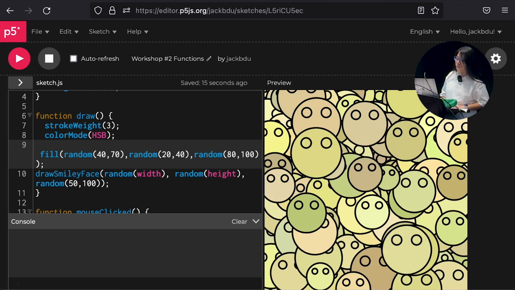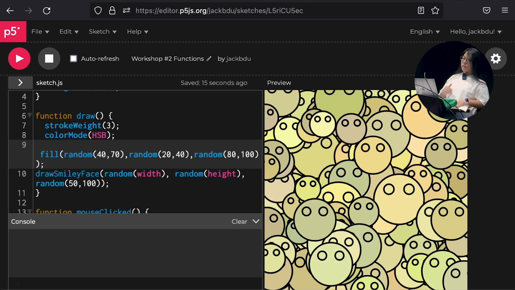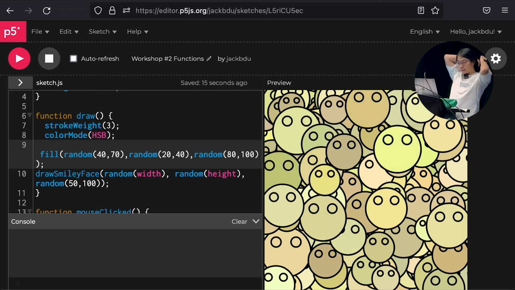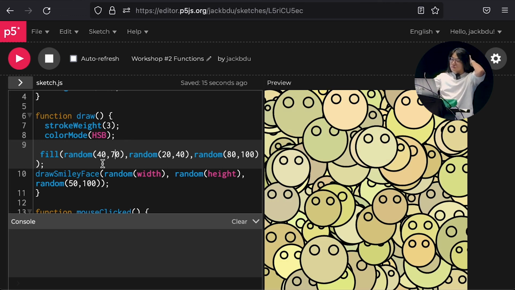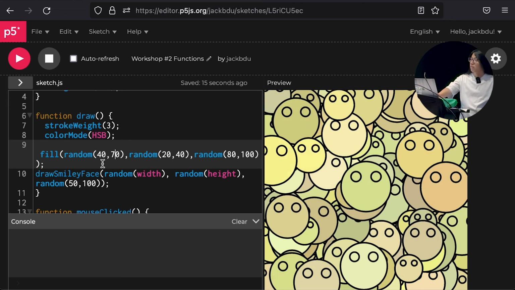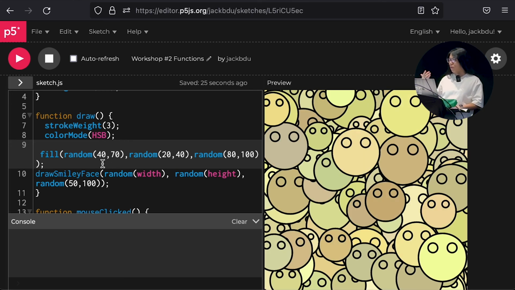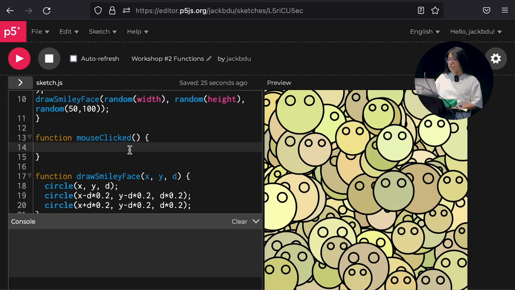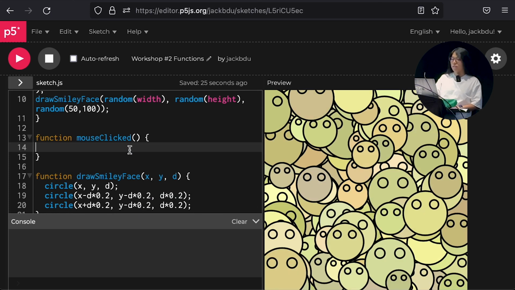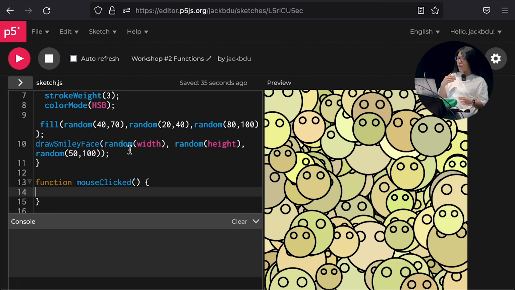Okay. If you want to stop, okay. So essentially it depends on how you want to use this. Right now, because I put it inside of draw, it keeps going. If I put it in mouse click, it will only draw when I click the mouse. And let's say you want to draw 100 of them,